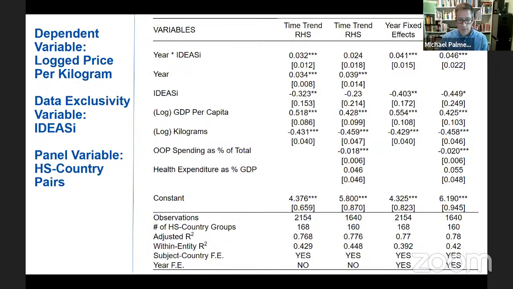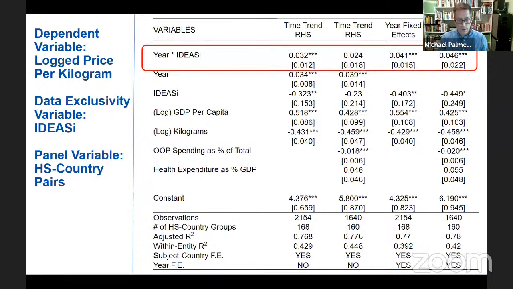Control variables still have the expected signs. Most of them remain significant. And overall, the coefficients on year times the inverse IDEA index are the same. It does become insignificant in the second column, which is probably due to the smaller sample size. The coefficients in columns 1 and 3 are very similar to what I was using with the dummy variable. The largest difference is found in column 4, where the coefficient on year times IDEA is almost 1